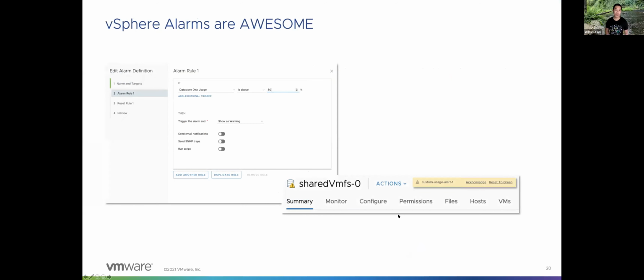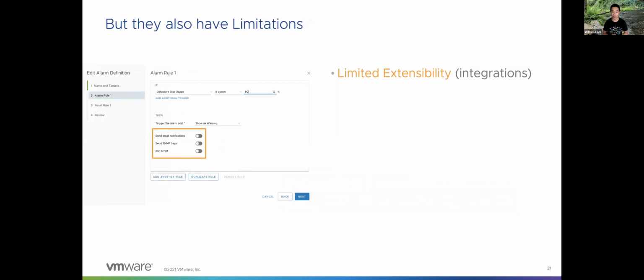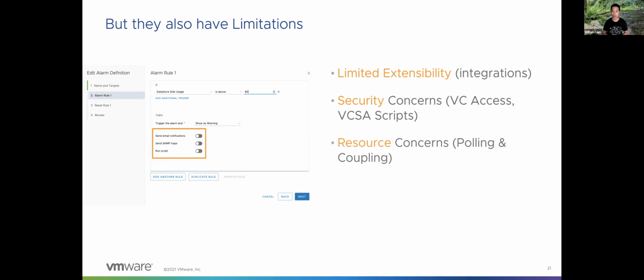The other thing, another example that we wanted to highlight, is vSphere alarms. They themselves also generate an alarm event, but it only generates one singular event that gets really difficult to trap. An example here is a disk filling up: you get an alarm, which is interesting, and you can also derive some automation. But it gets really tricky to advance it and do more advanced capabilities with it. It's very limited, as I mentioned earlier. There are also security concerns around access to scripts, and the resource concern we mentioned earlier. And again, it's missing information about the alarm details itself, which we'll try to highlight really quickly.